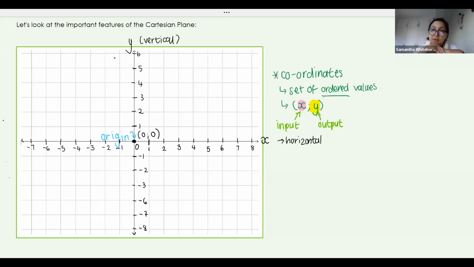We need to have numbers on it because, like I say, when we start working with specific coordinates, we need to know where the numbers are so that we can plot them. But these are your important characteristics of your Cartesian plane. Your two axes, x and y. Your origin is your 0, 0 point, and your origin is always where the two axes, your x and y axes, meet. And then we need to put our numbers on our axes so that when we do plot coordinates,